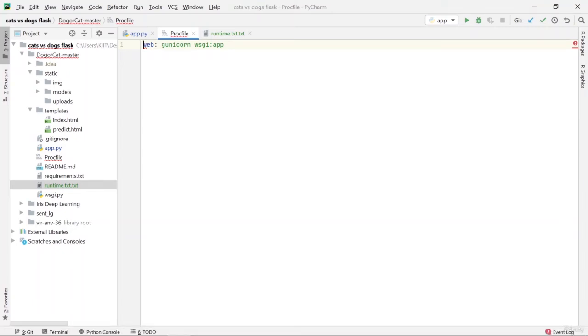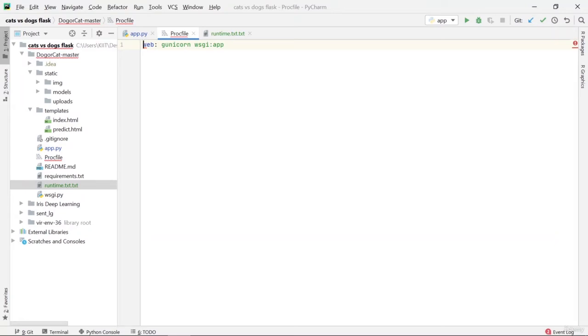At last, this is the third part of the course where we will be deploying our web application on Heroku. Before we start with Heroku, we have to understand that some files have to be made which are like commands for Heroku to understand. So let's start with runtime.txt and Procfile.